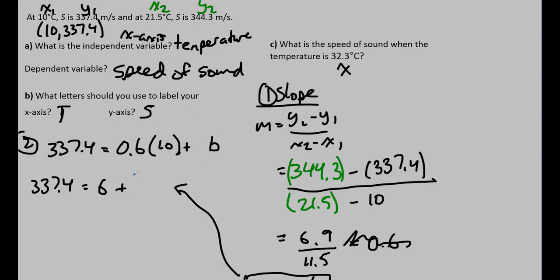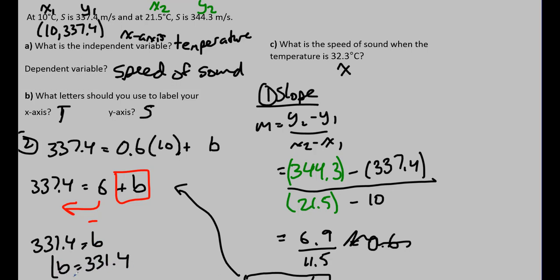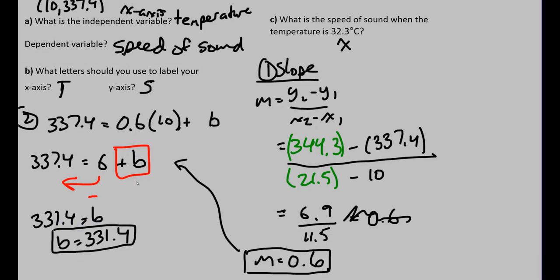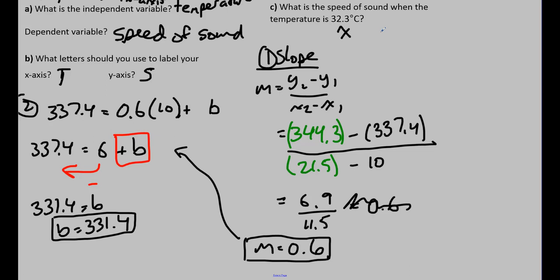Plus b, and then because I want the b by itself, I got to bring the 6 over to the other side by subtracting, and then 337.4 minus 6 is 331.4 is equal to b, and we'll just write it out in proper form. And then you write your equation of y equals 0.6x plus